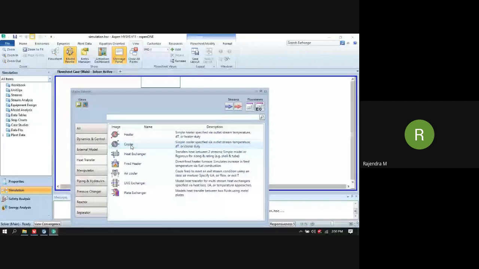In the cooler, we can select the outlet stream. The temperature will be reduced when you select a cooler. It means that heat is removed. Then we have the heat exchanger. Here, 2 streams are required. Into the heater, we require only 1 inlet stream and only 1 outlet stream.